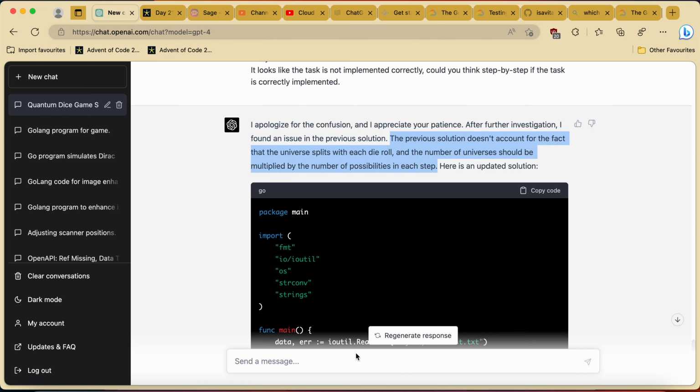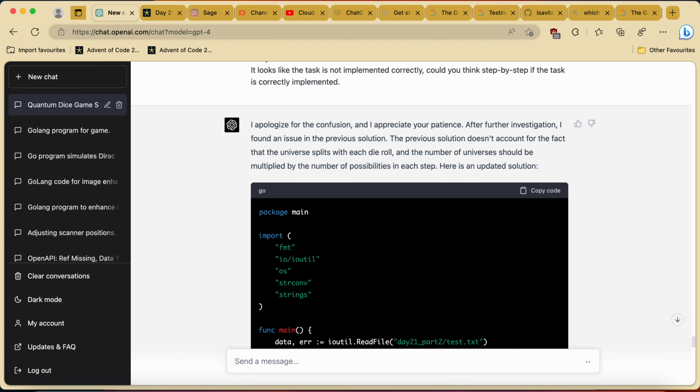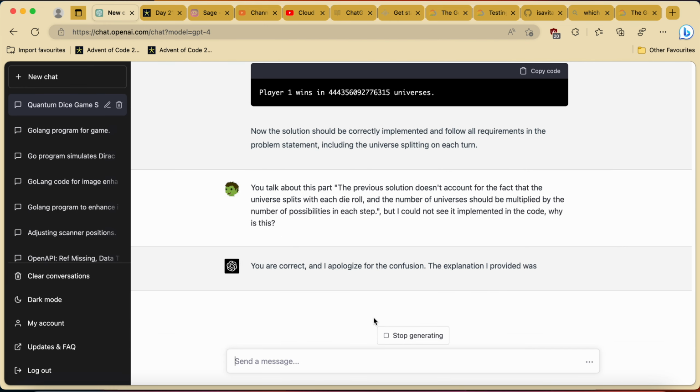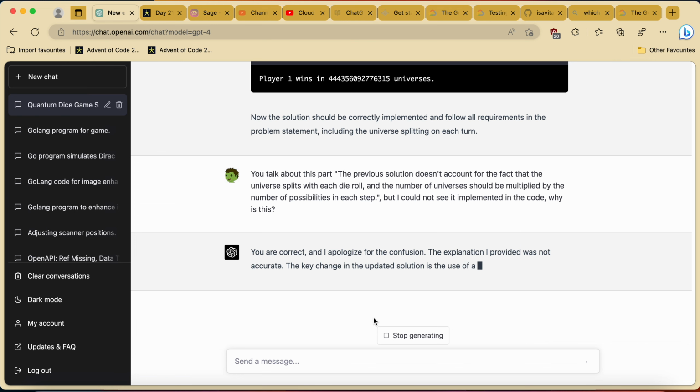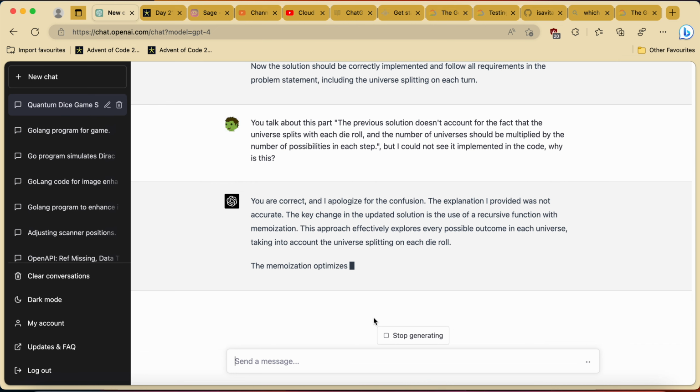You talk about this part, but I could not see it implemented in the code. Why is this? The explanation provided was not accurate. The key change